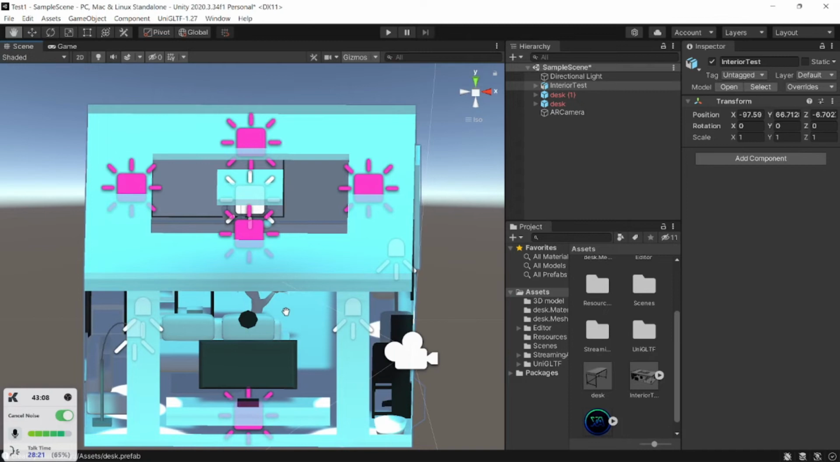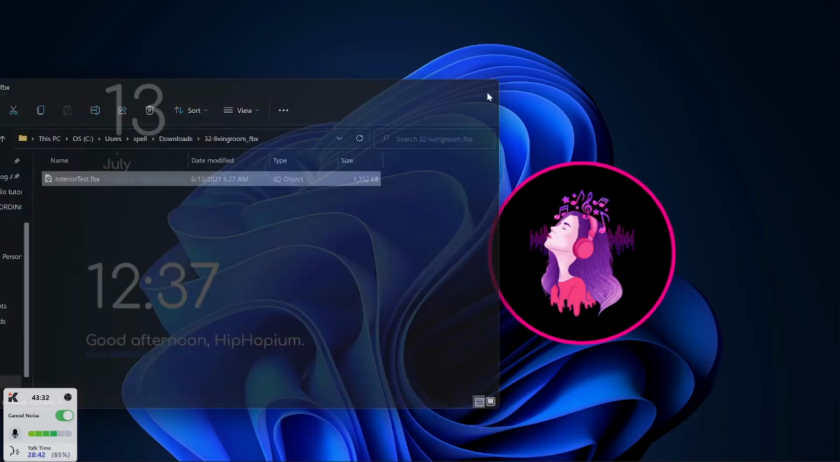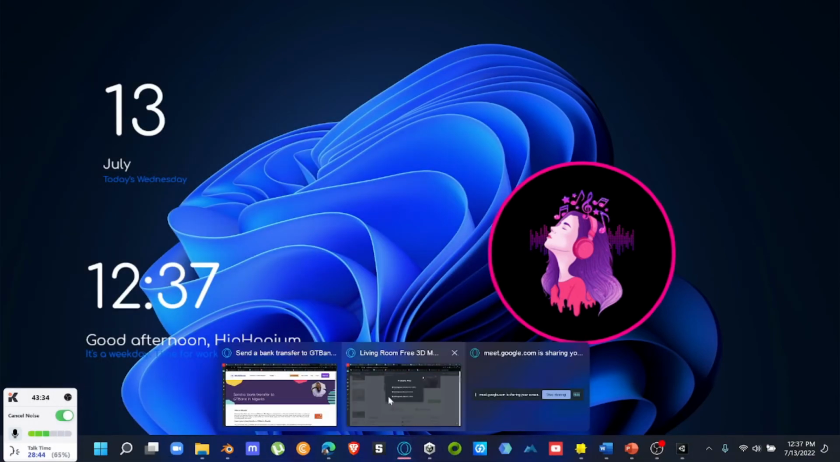Now, there are some 3D models that have a feature called animation in them, which enables them to animate, move, and react. So let's see how we can import those animated 3D models. Let's go back to